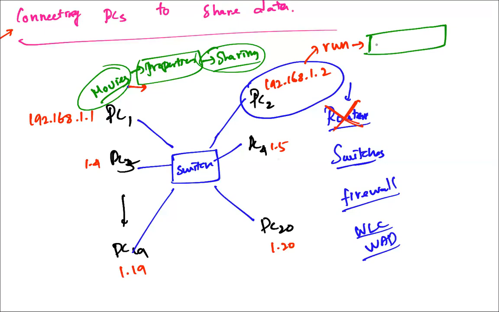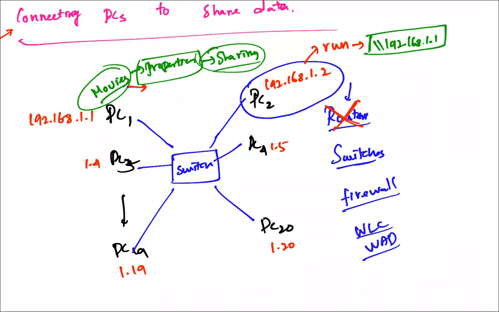In the Run application, you can give a double slash for the network path, and type the IP address 192.168.1.1. So who has the IP address 1.1? This guy has the IP address, right? So we are typing the IP address 192.168.1.1, and once you press enter,